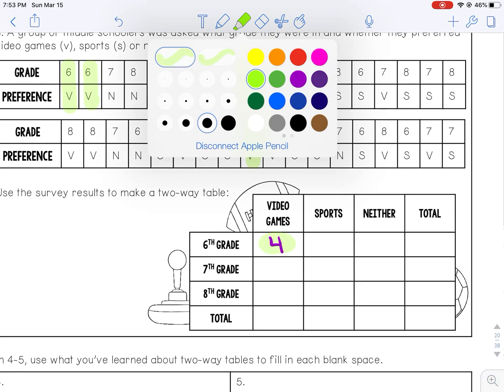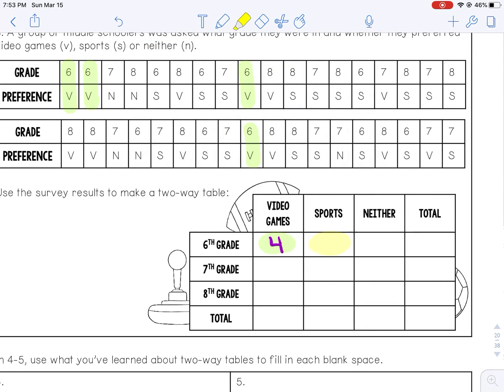All right, let's now see how many 6th graders prefer sports instead. 1, 2, 3, 4, 5, 6. Okay, I think that's it. It'd be 6, and neither. I'm just looking for any of the 6th graders that are left for neither. And it looks like that may be it. So in the total survey, I had a total of 11 6th graders that were asked